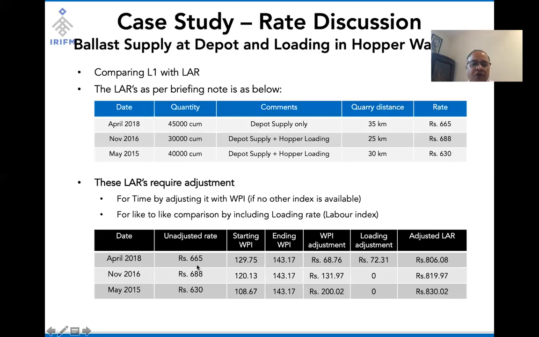For the rate here for the LAR, this one, the first item here, because it is only loading supply, so depot supply, it also requires loading adjustment. So the adjusted LAR and loading adjustment has to also include the loading rates. So the adjusted LAR now comes to 806, 819, and 830. So these three are the adjusted LAR values against which the offers received are